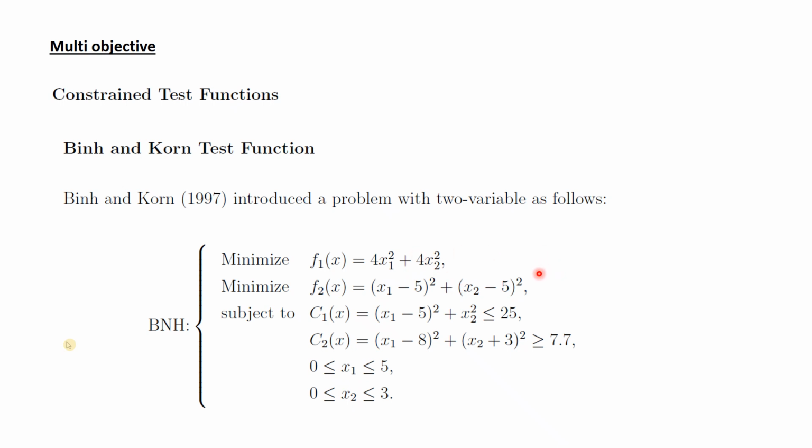You put the values in and see whether it is the minimum value or not, though you won't be able to tell from just the first value. You get a result, but you cannot update the variables yet because you have to check C1 and C2 also. If C1 and C2 are satisfied, then you can say okay, 1 and 3 can be updated, and you update to get 1.1 and 2.9. Then you put it in and you will see that yes, now it is less than the previous one. So this is a better result.